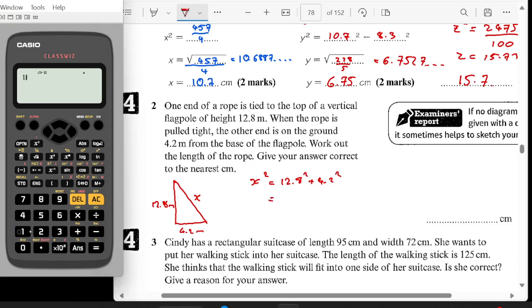So 12.8 squared plus 4.2 squared is going to be equal to that value, and I tend to write that in like that, and then I'll square root it. So x is going to be equal to the square root of the answer. It's going to give us